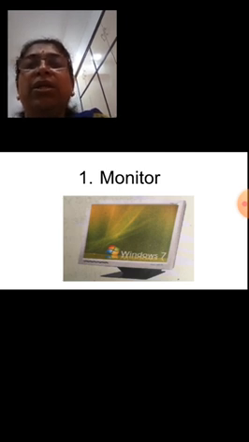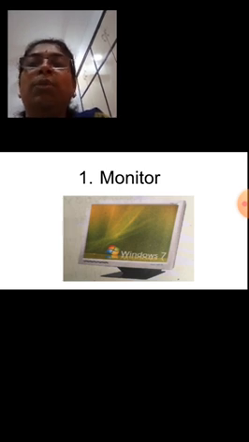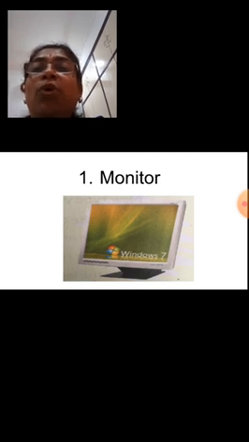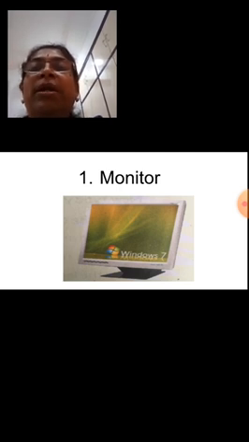It displays whatever is processed in the CPU, and whatever you type through the keyboard is also displayed on the monitor. What is the other name for monitor? Yes, it is called screen also, or VDU, that is visual display unit. It is totally different from a TV screen. This is not a TV. It is the monitor, a part of the computer.